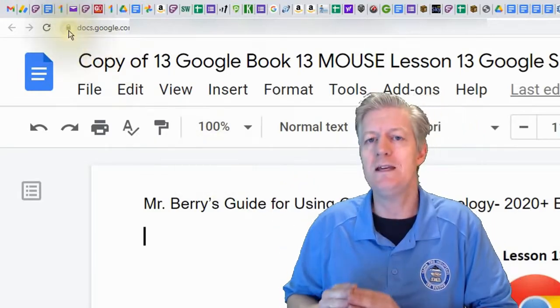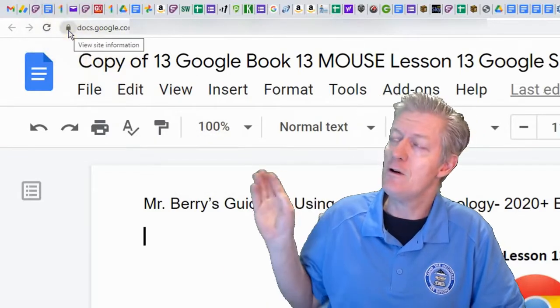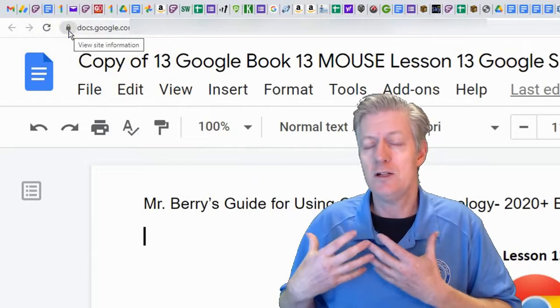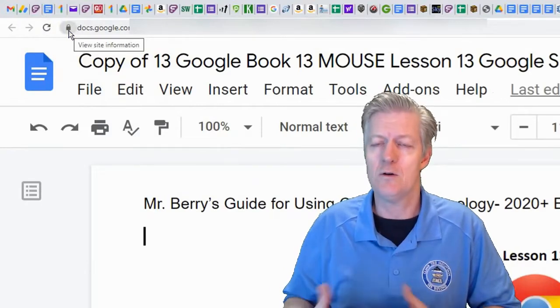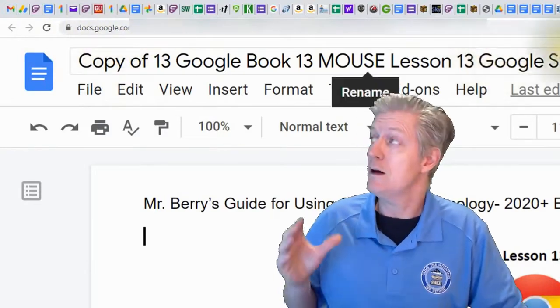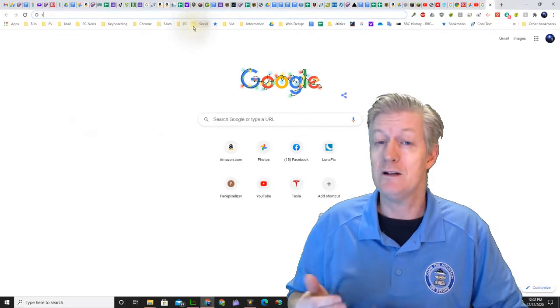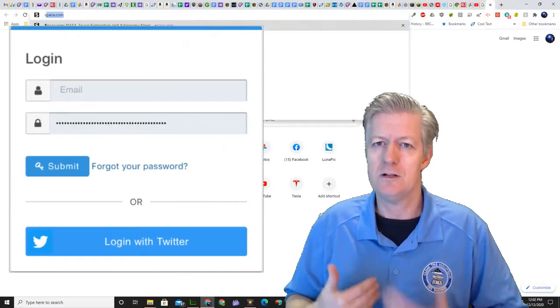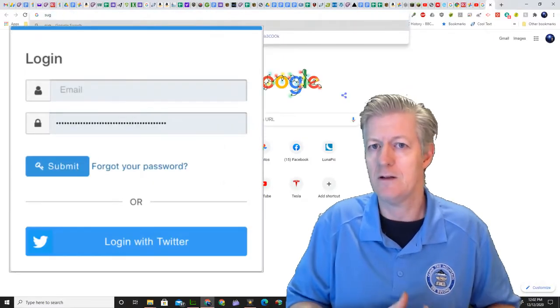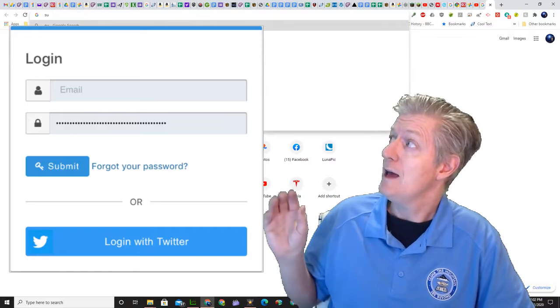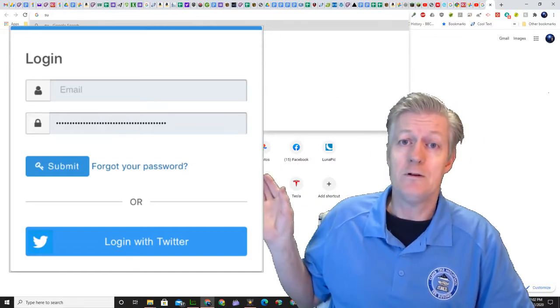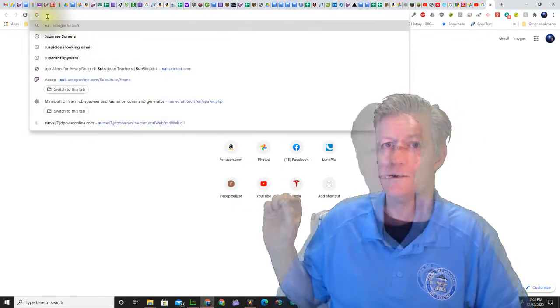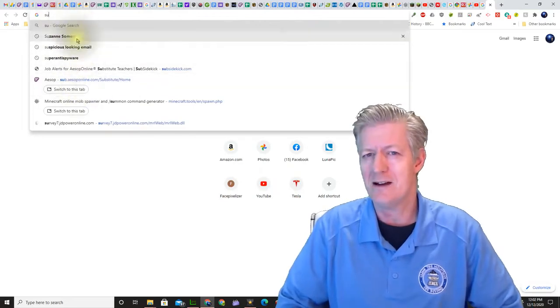There should always be a padlock in the front of the address showing you that you're going to a secure location or a secured site, and that's really important before you enter any type of information such as credential or password information. That will help you know whether you're in a secured site or not.